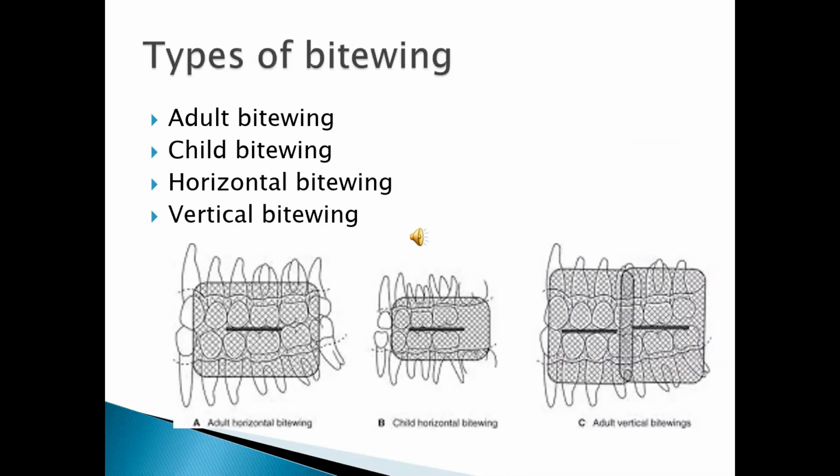Now we have the types of bite wing also. One may ask you, what are the types of bite wing? We usually have the adult bite wing, most commonly used. In certain cases, if we have to take a bite wing for a child, we may require a film of a smaller size. So we have the child bite wing, and most bite wings are horizontal bite wings. But there are instances when you would require to know the level of bone very close to the apex of teeth, especially in periodontitis. In that case, we may require a vertical bite wing. You have illustrations for all 3 of them right below the theory material written on the slide.